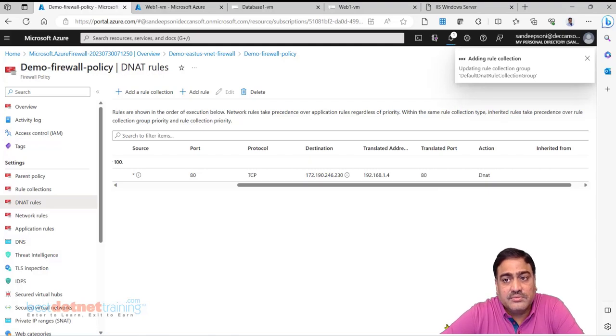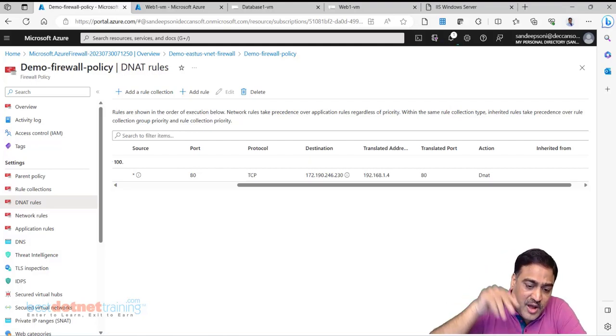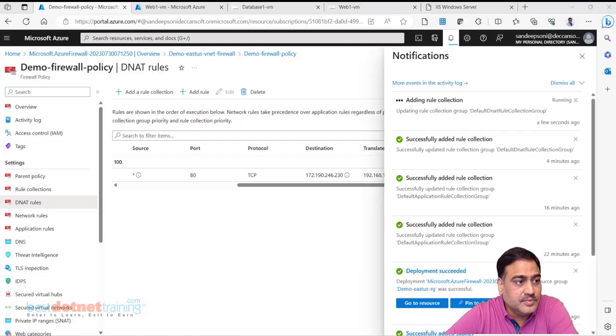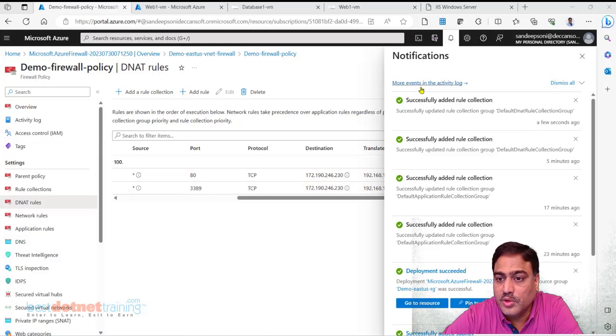Once this is done, we'll check if we are able to do RDP. And we should be able to. We are NATing. We are going to the firewall and the firewall is able to forward it. But then there is one more problem. Let us see the solution to this problem and then we will go to the next problem and try to solve that also. No choice but to wait. Wait for this rule to get created. The rule is created.